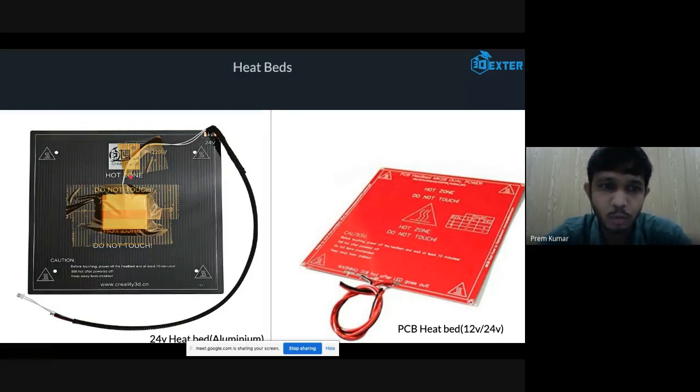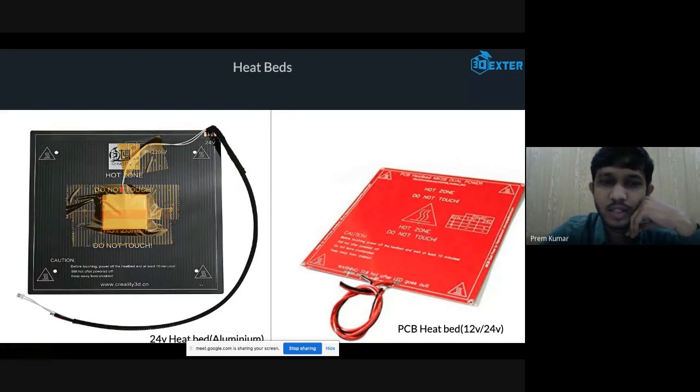But ABS is too warp prone. If you start printing without a heated bed, it will definitely warp. So if you are planning to print those kinds of materials, you must have a heated bed.